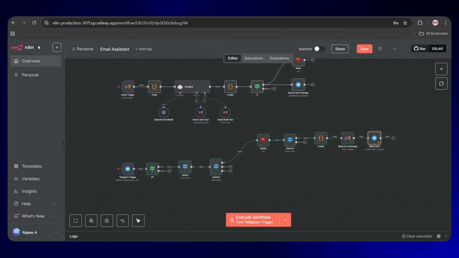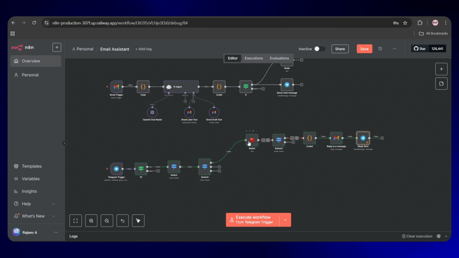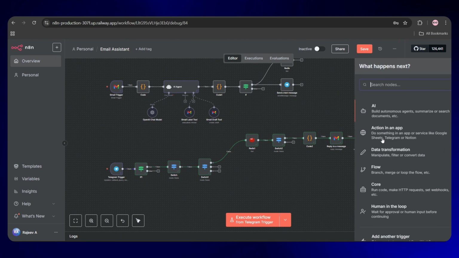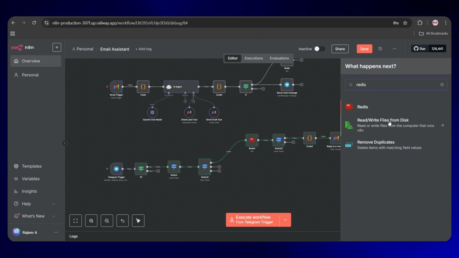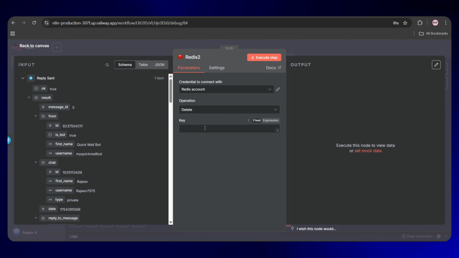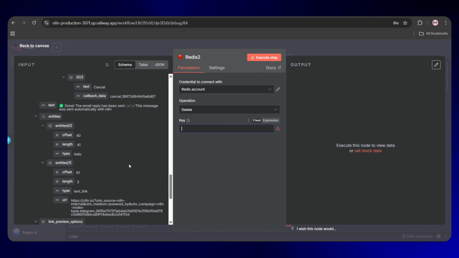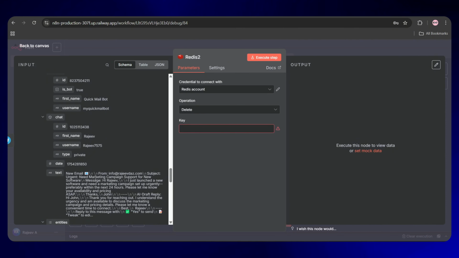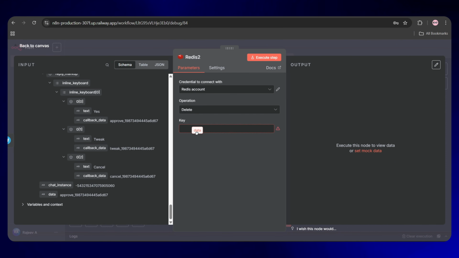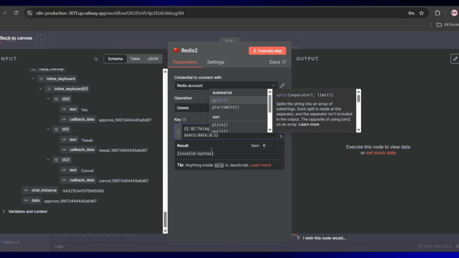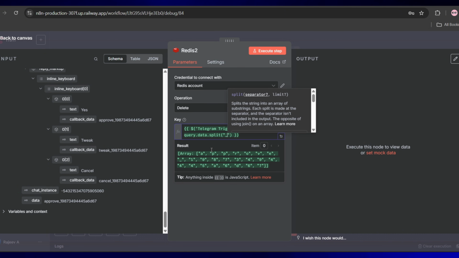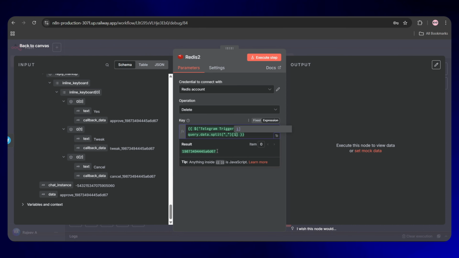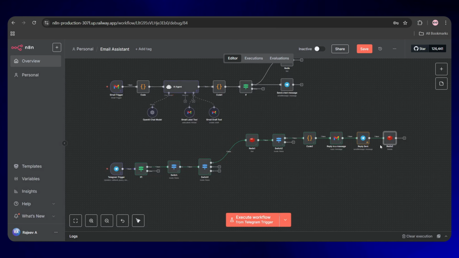Next, once we send the email, we have to delete that email data from Redis. Otherwise, it's gonna stay there forever. For that, let's add another Redis node. Set the action as delete a key. In the key field, we have to add the message ID. For that, scroll down to the Telegram node and just drag and drop the data string. We have to remove the extra part, so just add dot split open parenthesis, quote underscore, square bracket 1. Now, we aren't executing this yet because we still have to create the rest of the parts like cancel and